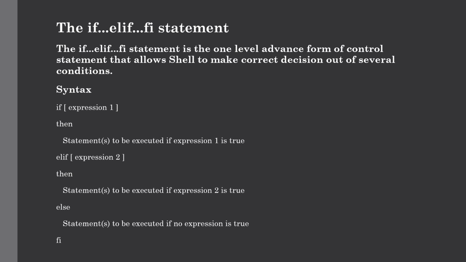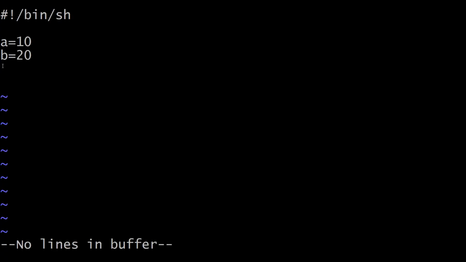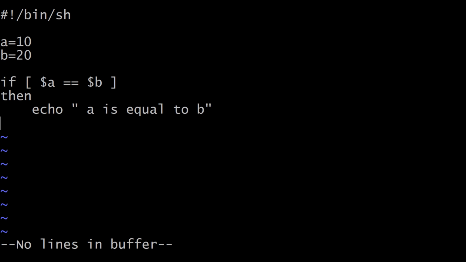Let us discuss this with some simple example. For this example, we will use the similar variables and here we will pass our first expression in the if. So if a equals b, then it will print the message a is equal to b. And now we will pass our second expression in the elif. So give the elif, which is else if, our second expression, which is a is greater than b. So if a is greater than b, then it will print echo a is